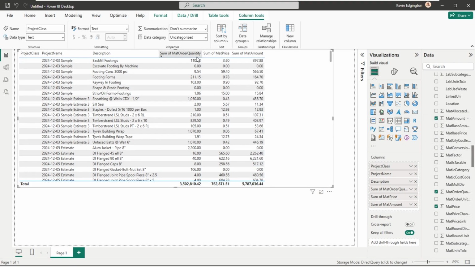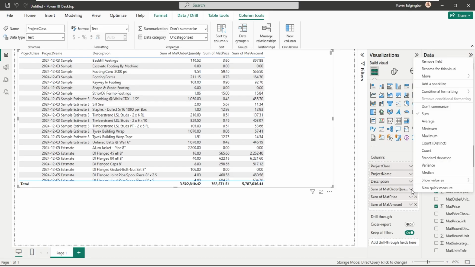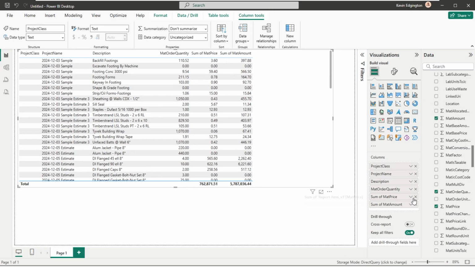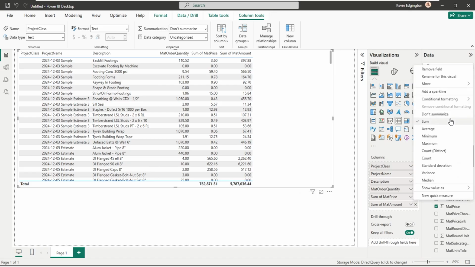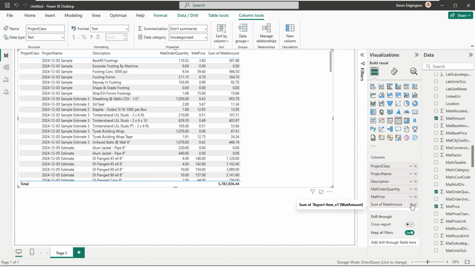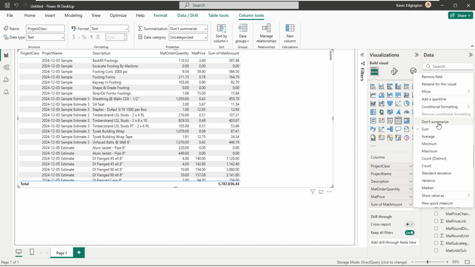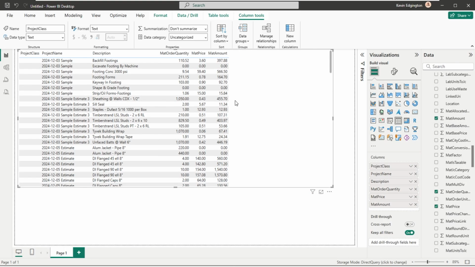Now these are trying to sum up like items, and I don't really want it to sum up like items either. I'd rather see all my items in there. So I'm going to tell it not to summarize any of these. So that way, if they've got to show multiple items, they're going to show multiple lines. And that's primarily so if I did want to come back and add a WBS code for a building, a floor, a room, an alternate name, things like that, it would all be available to me.